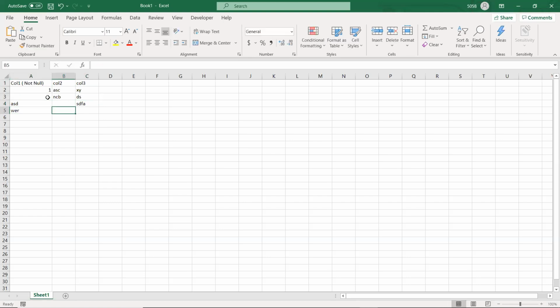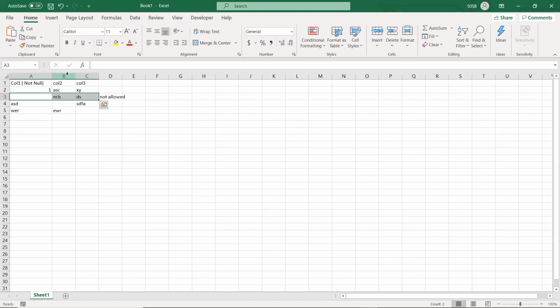We have some value here, we have some value here, and we are missing some value here. This particular row is not allowed. Why is it not allowed? Because we have said that this particular column cannot have null values, that is, it cannot have empty values. So whenever we have an empty value for this particular column, that row will not be inserted at all, or else it will not be allowed at all in the data table. Okay, is that clear? Okay.